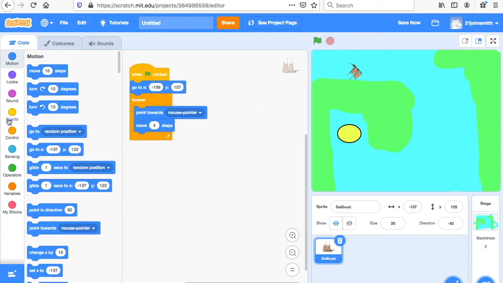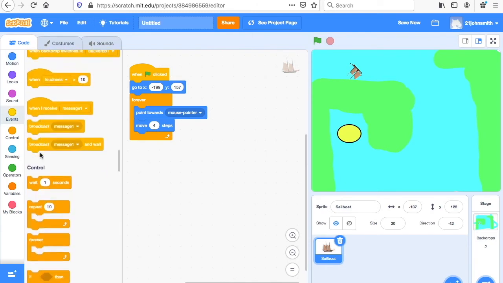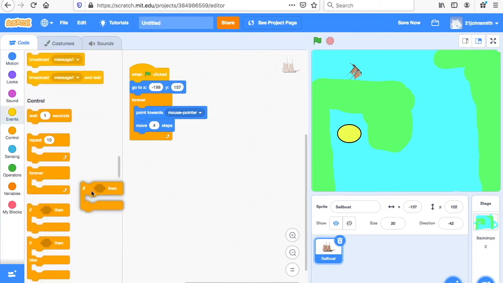So here's what we're going to do. We're going to do a conditional. And a conditional is if, then. Okay? So if I said to you, if the phone rings, pick it up, you only pick up the phone if it rings. So here's what we're going to do. We're going to say if